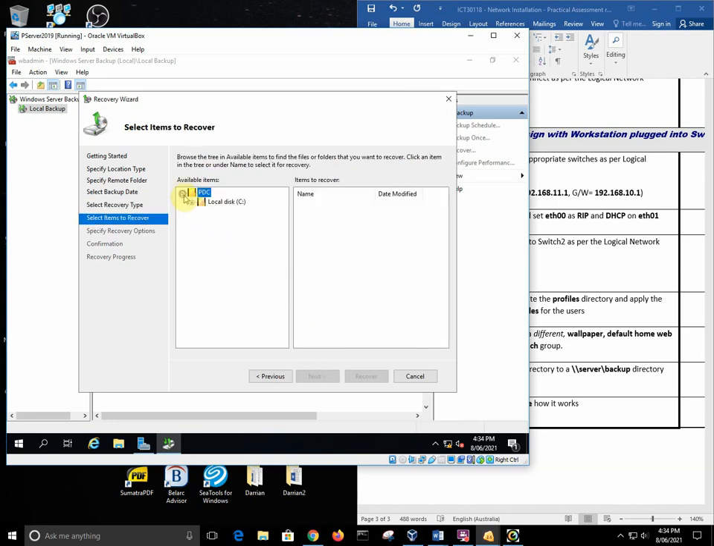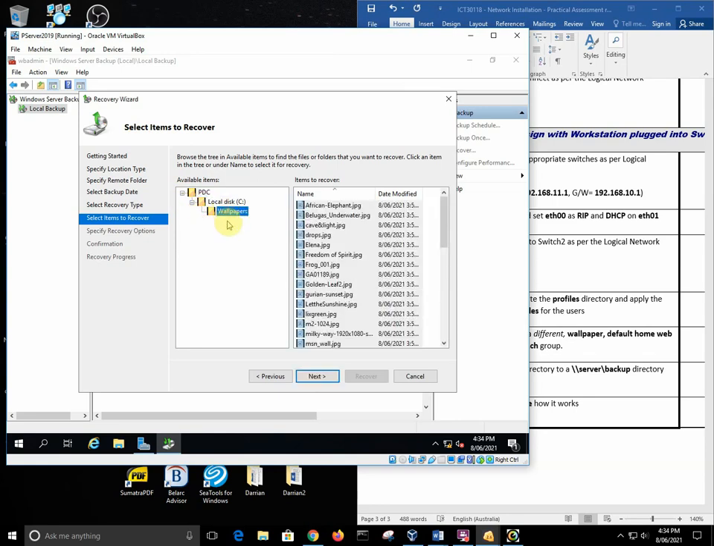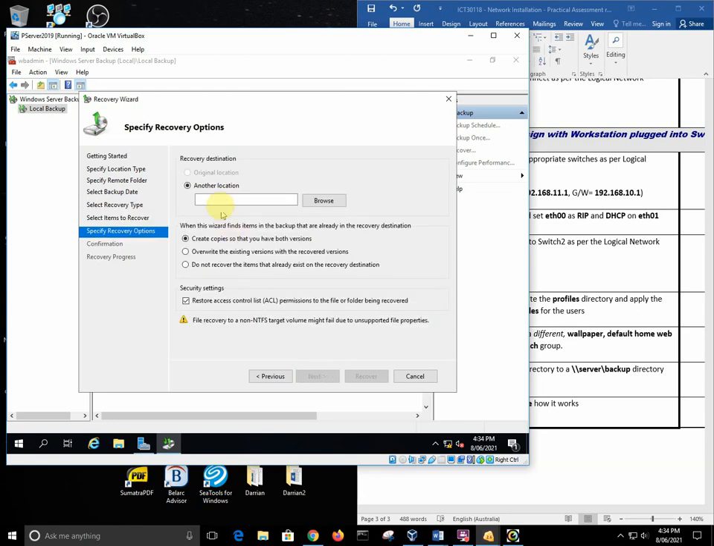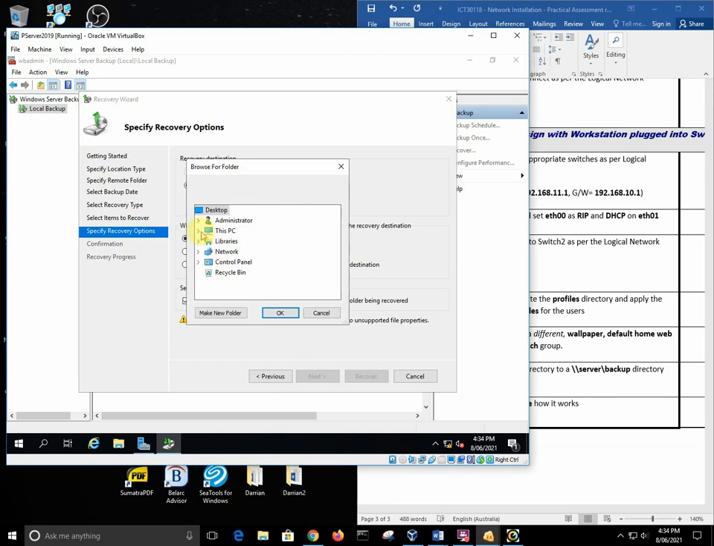And here we can expand it out, local drive, wallpapers, and I could select all of these, or I could select the actual folder itself, either one. So I'm going to select the entire folder, and I'm going to go next to another location, and I'm going to browse to this PC, drive C, to the test folder,